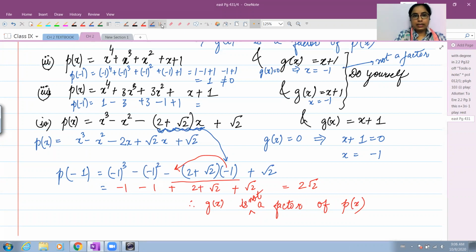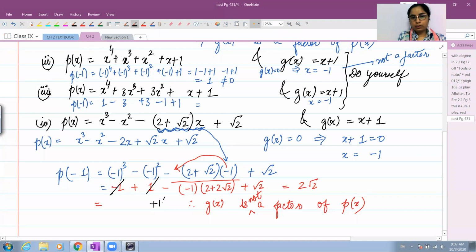If I had to rewrite this, let me just rewrite over here. So I can just simplify. This will be -1, this will be +1. And I'm going to change the order. Multiplication is commutative, so I can change the order. And now you can solve. These will get cancelled and you will have. Okay, thank you, ma'am. After this, you can solve. Or you can always expand your polynomial wherever you see a bracket. You can expand it and then you can solve, like the way I have done here.